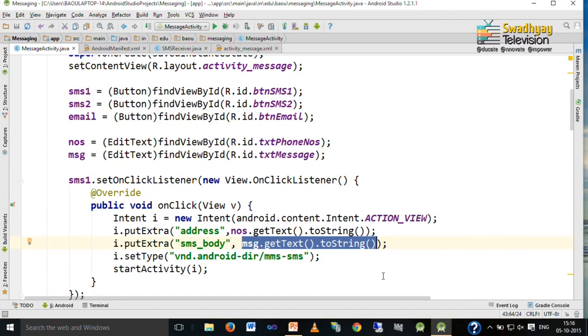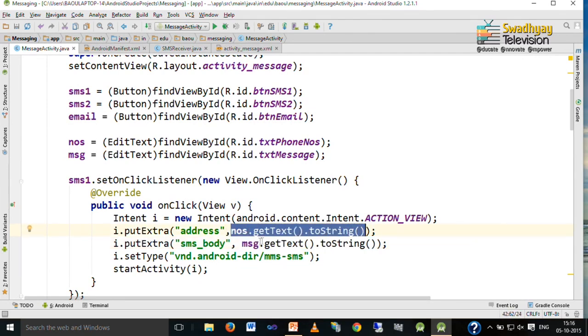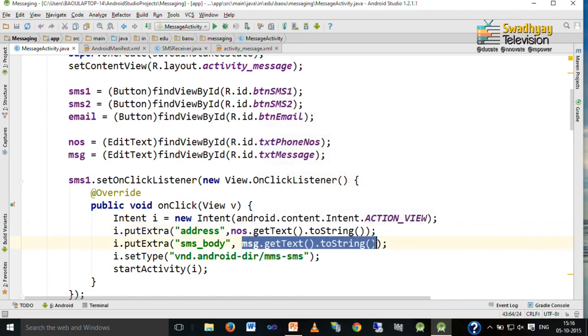So, the only difference is that the numbers and SMS body are now dynamic. So, you can understand how it works. This is how you can send SMS using an intent object.